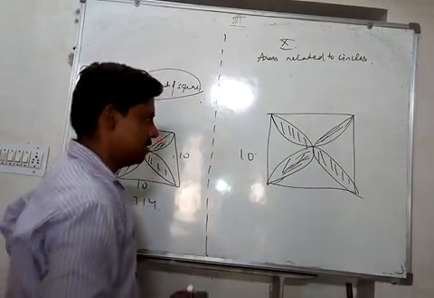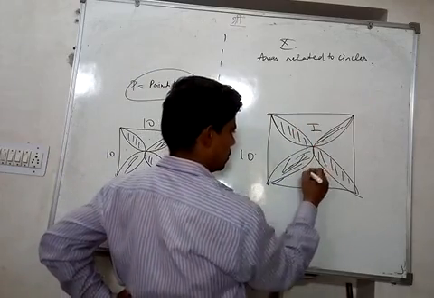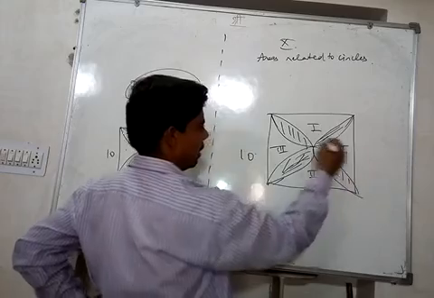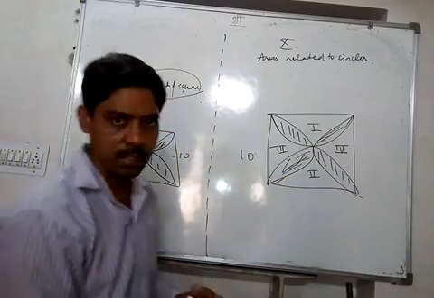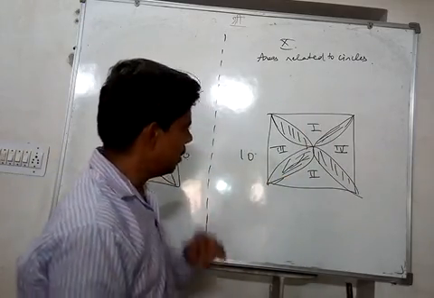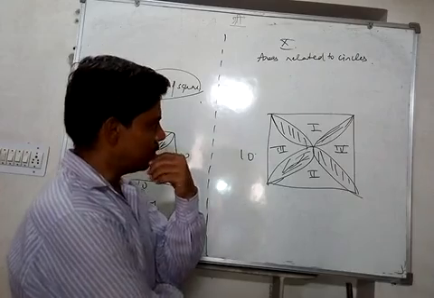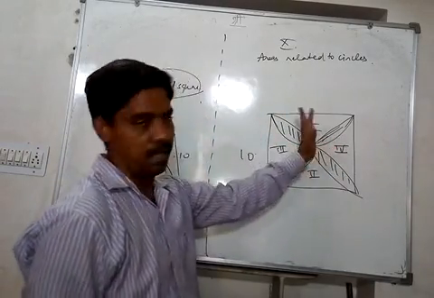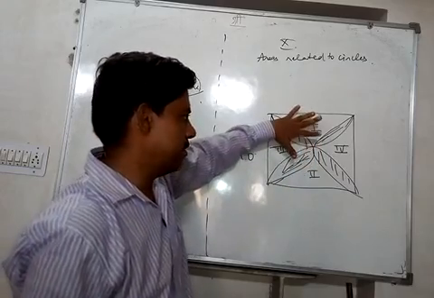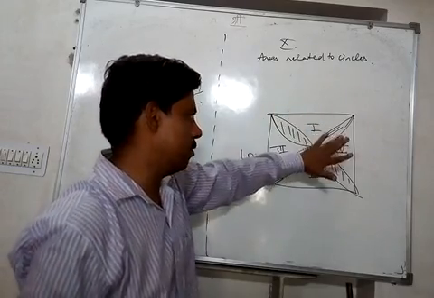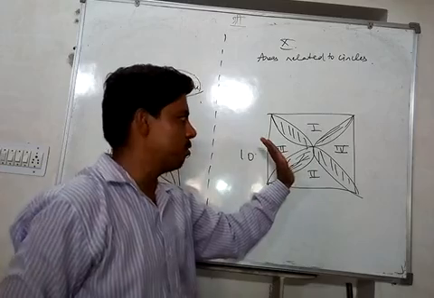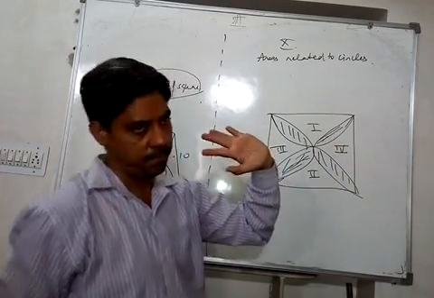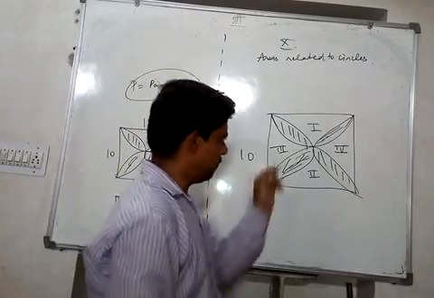So what we can do is we can find 1 plus 2 separately, and then we can find 3 and 4, and then we can subtract from the area of the square. And also we can do one thing, that if we find the area of one semicircle, another third and fourth, and if you add all four of them and subtract the area of square, you will also get the shaded region. So anyhow, let's find 1 and 2.